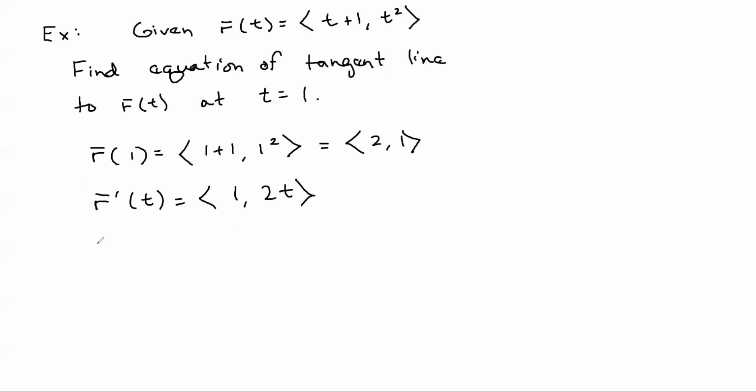And then once we have our function for finding the derivative anywhere, we want the derivative that corresponds to t equals 1. So this is going to produce the tangent vector at t equals 1. The tangent vector is going to act like our slope. So we're going to get 1 comma 2 for that, and then you can put those two together, right? So now we've got the point, we've got the tangent vector,